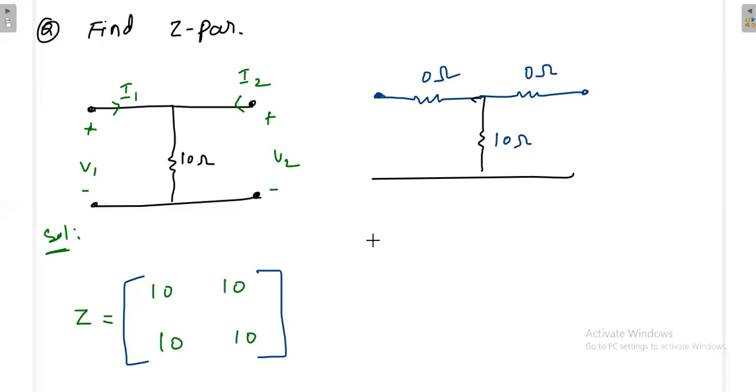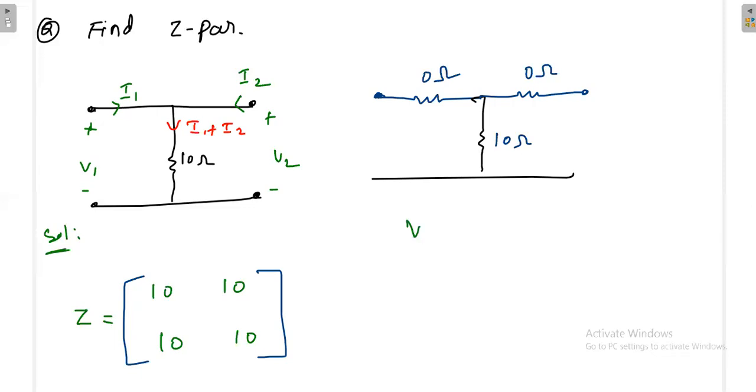Okay. Sir, can you try it out? So just we'll try, because I1 is coming this way, I2 is coming this way, then what is the current entering here? I1 plus I2. Okay, then what is the voltage here? Voltage, because this is the resistance and we know the current across the resistance. Now we will get the voltage. That voltage is same as voltage V1 and also same as voltage V2. So what is that voltage?